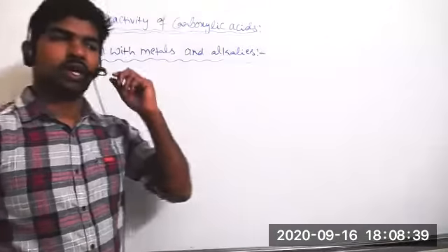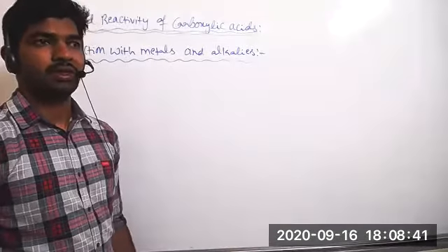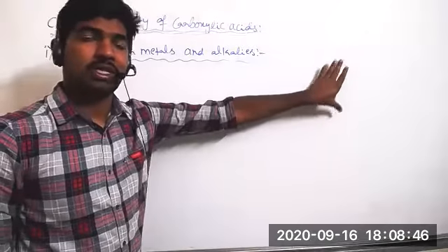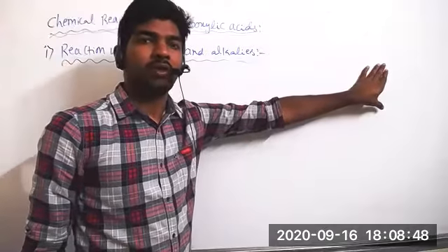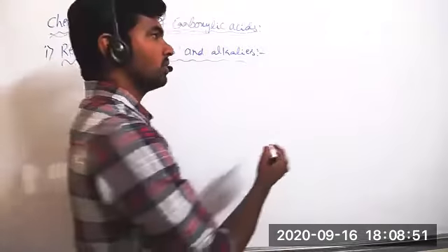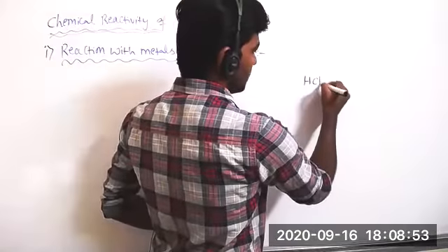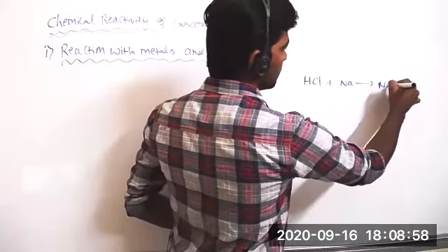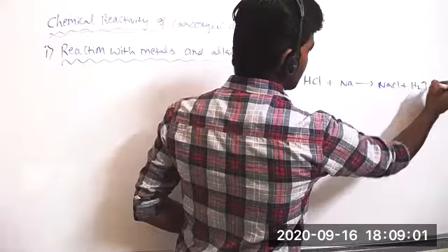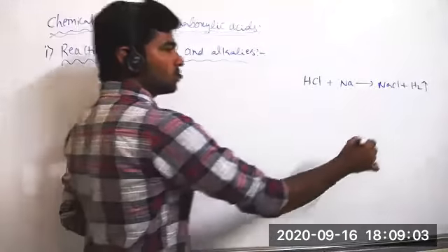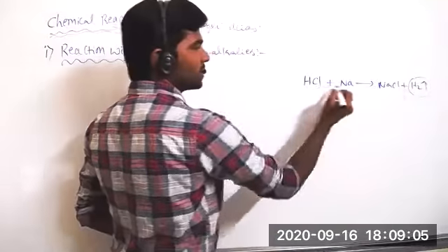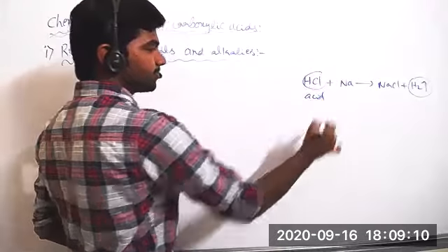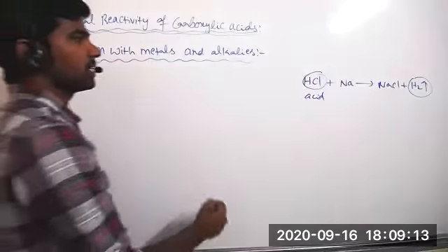Acidic character of alcohols and phenols we tested with reaction with metals. Suppose alcohols or phenols when reacted with the metals or even with the bases, they can produce hydrogen gas. So any acid, not only alcohols and phenols, if we take some HCl and treat it with sodium metal, it gives NaCl and hydrogen gas is released. So if hydrogen gas is produced when a substance reacts with the metal, then we call the substance an acid. The same procedure is followed here also.